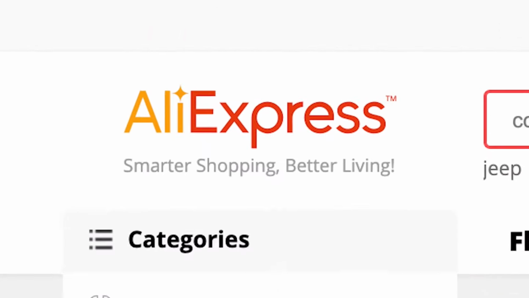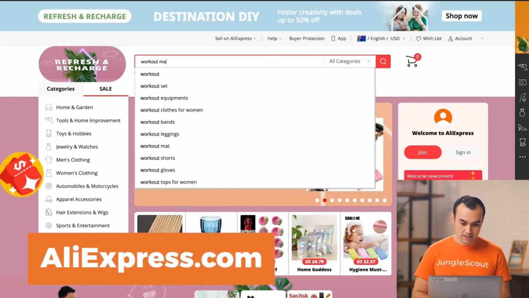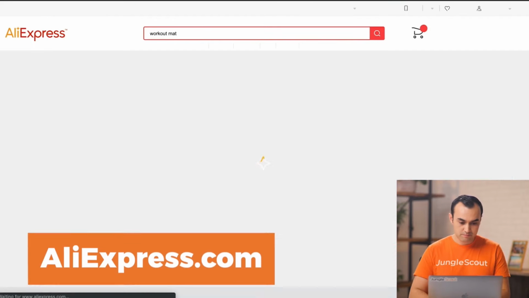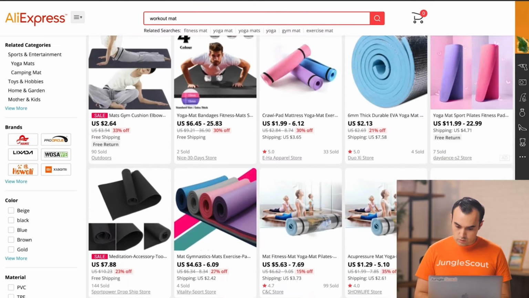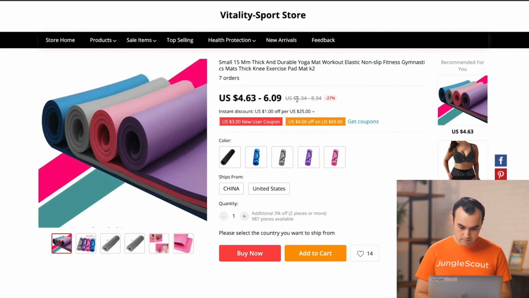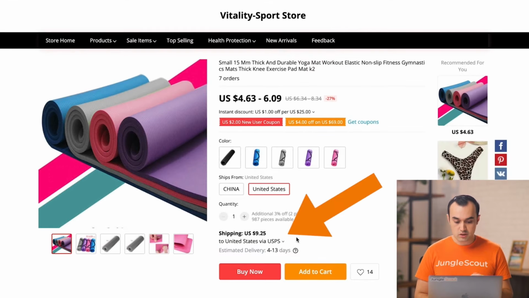The other popular place to find products to dropship is AliExpress. It's a business-to-business website that puts e-commerce entrepreneurs in touch with suppliers who are looking to dropship their goods. So again, you just type in the product that you're after. So in this example, I'm gonna type in my workout mat, and just like Amazon, a variety of products will show up. When I click onto one of these listings, I'm gonna see more information about it, some of the different colors and options that are available, the price per good, as well as the price of shipping to the